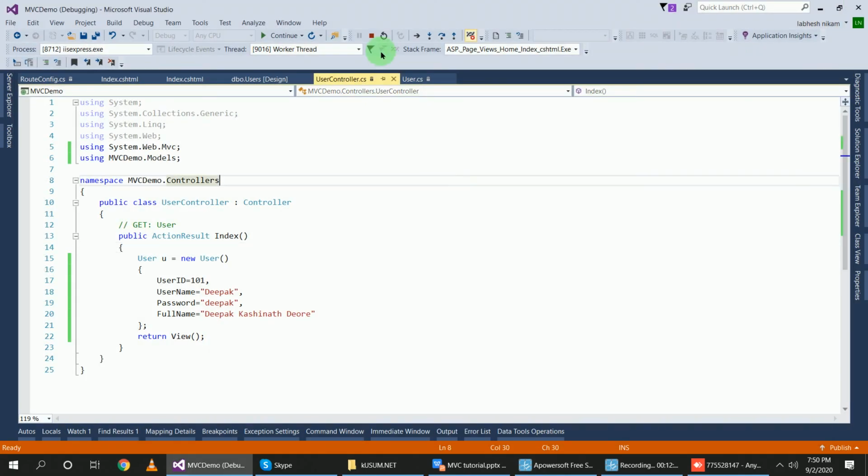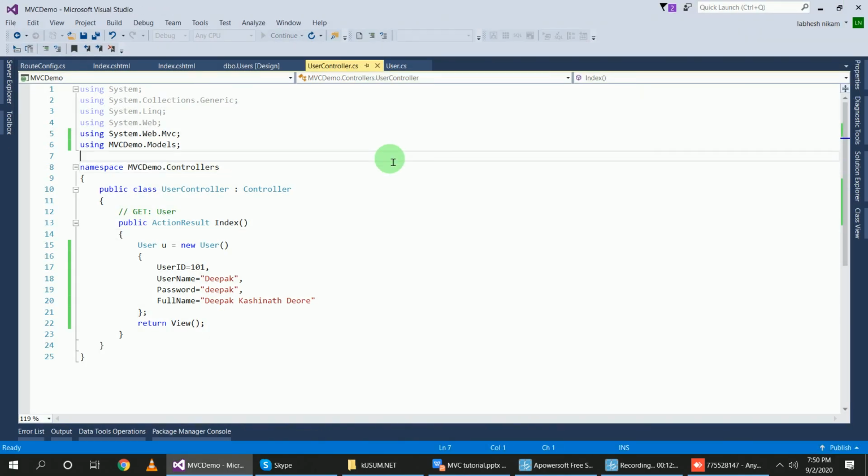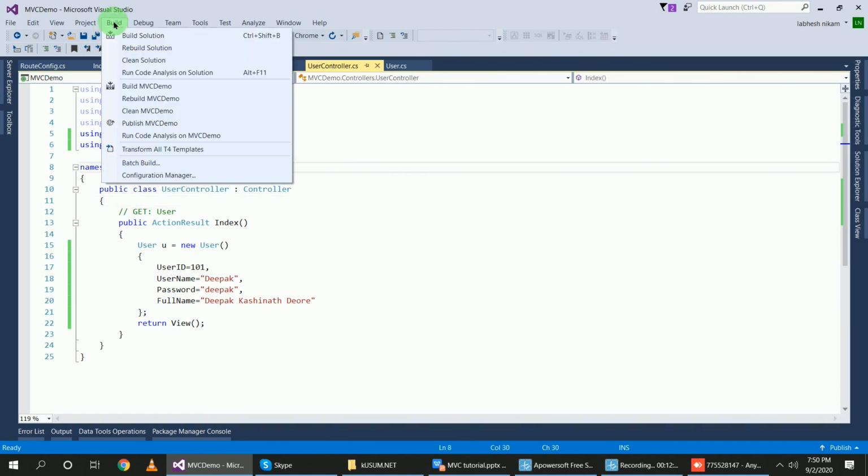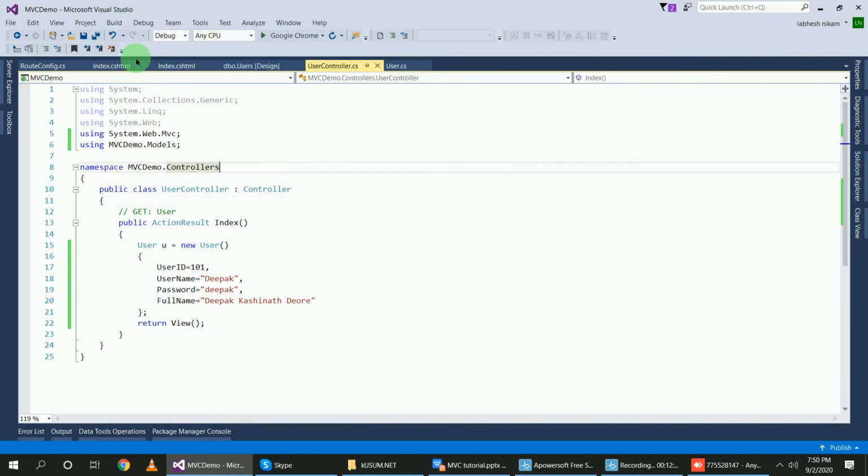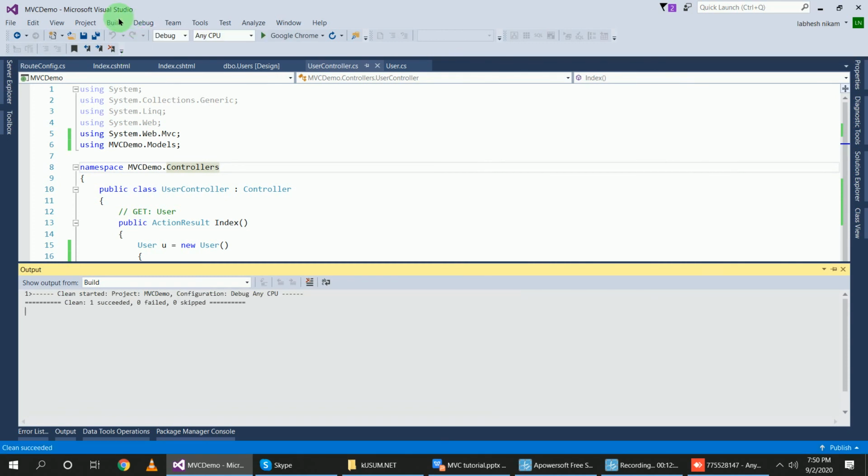So the solution is that we first build our project, then run it. First we clean the solution, then build the solution. Inside of build solution, compile time errors, if available, will be displayed. It succeeded, so we will run our program now.